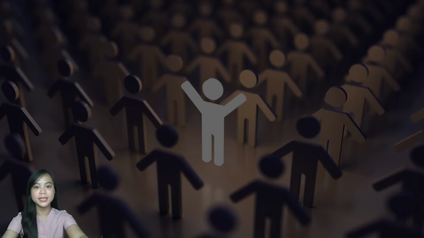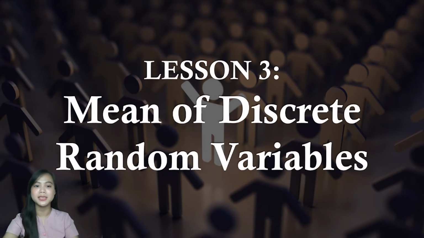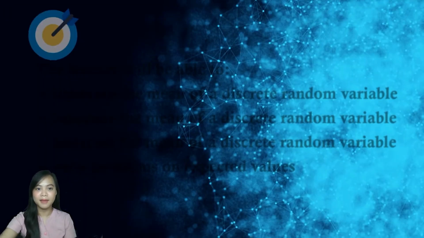So for statistics and probability, we are going to discuss Lesson 3, which is about the mean of discrete random variables. From our previous discussion, we already defined and illustrated, with examples, those discrete random variables. This time we are going to get the mean of those discrete random variables. First up, let's have our